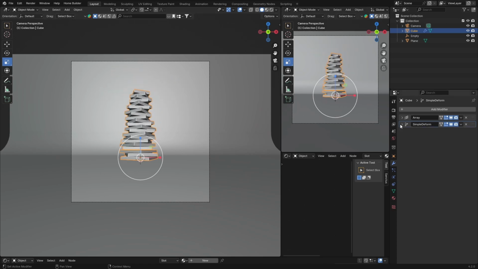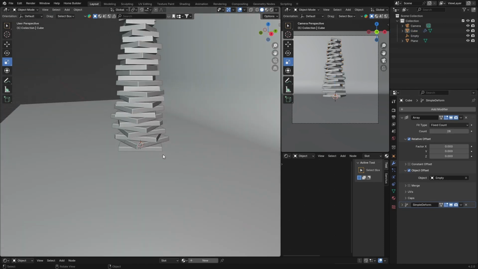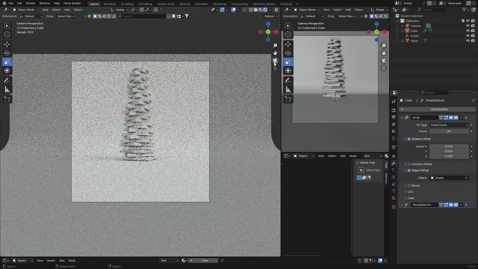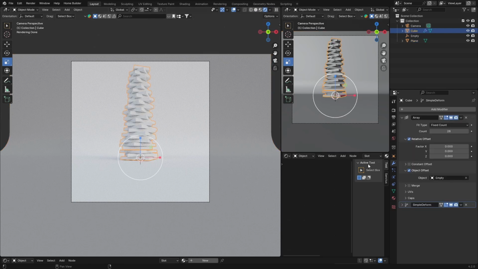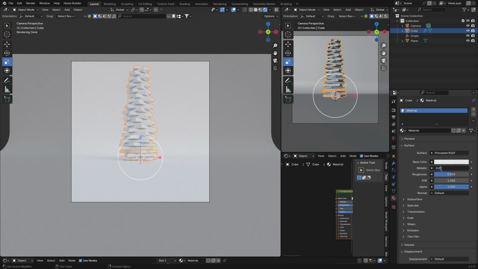Okay, let's go back to array and increase this. You've got something like this now, and like I said, it's nothing too crazy. But if you get something like this, you can then add a material. Click there, new, change this,